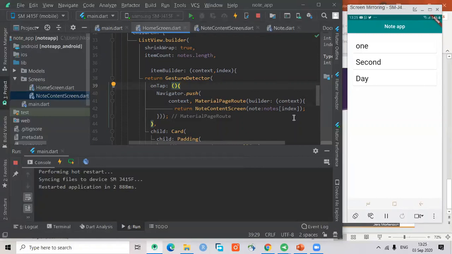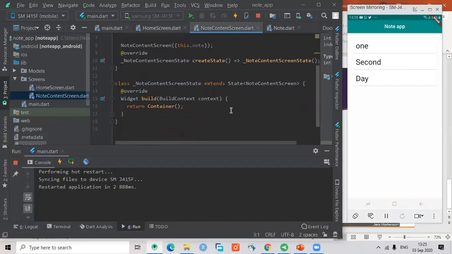The reason why I'm saying that index is that because we've added gesture detector, we know which widget is clicked. And as soon as we click that particular widget, we want to take that nodes object, half second, and pass it into the nodes content screen. So now here on the screen,